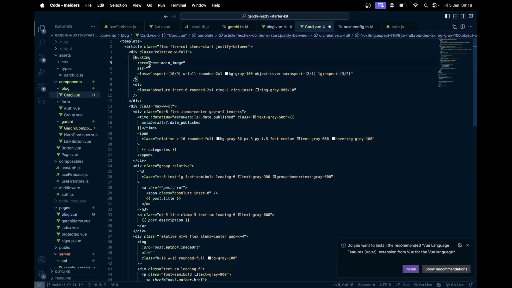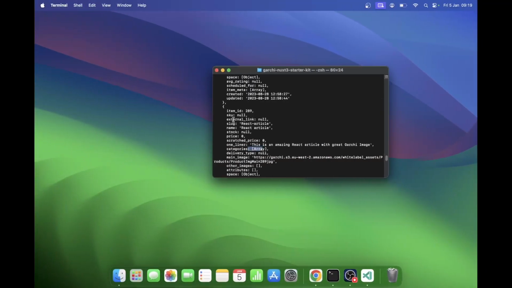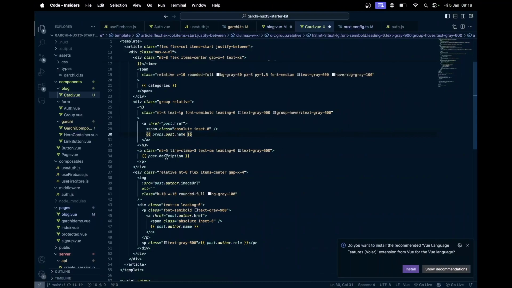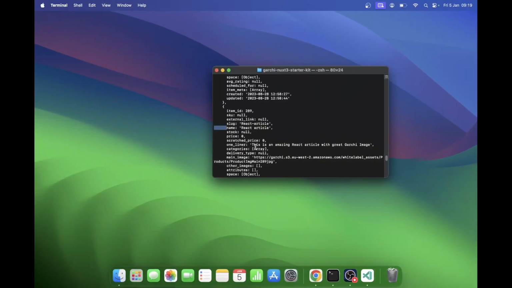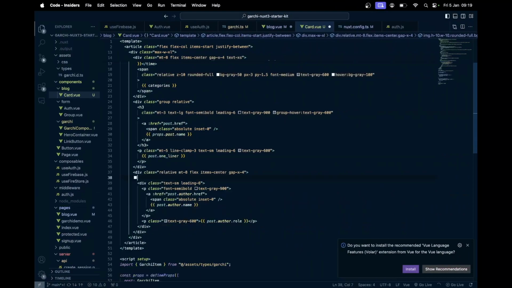Also this will be props.post because we are using the props over there. This will be props.name because that's what it's called in the API name. Then props. We need the one line description, so one liner, this one over here, short description. Then author will be, we don't have an author image for now, so we can remove this img,